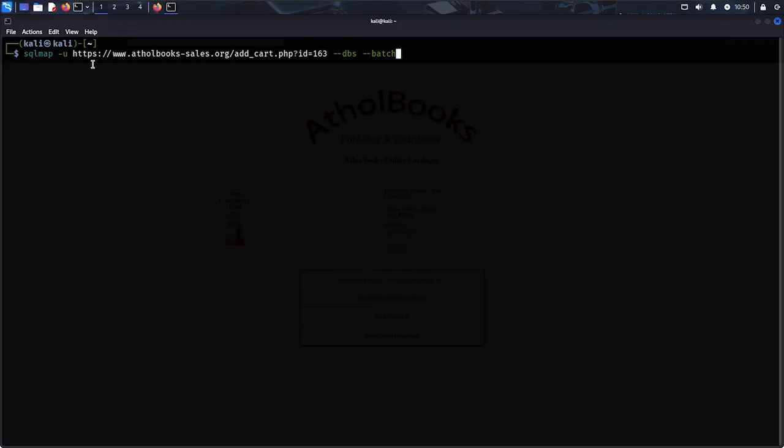SQLMap will find the database from the link. The batch option is for SQLMap: if we don't put batch here, SQLMap will ask us some questions like, do you really want to do this, or something else. To prevent those questions and save our time, we put batch here. Now press enter,